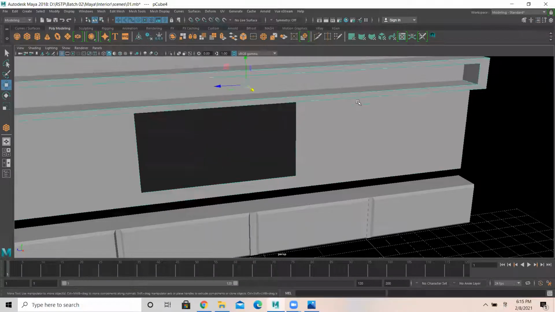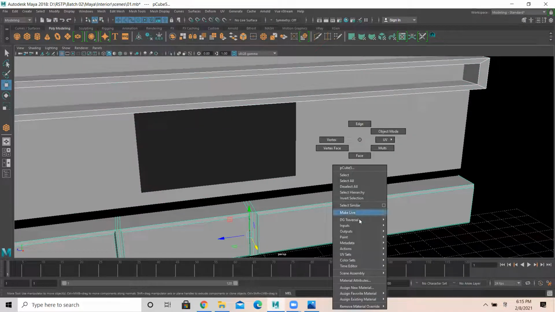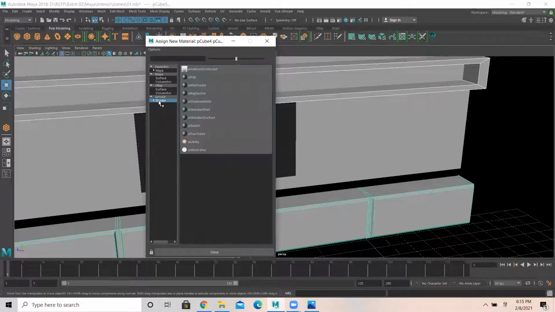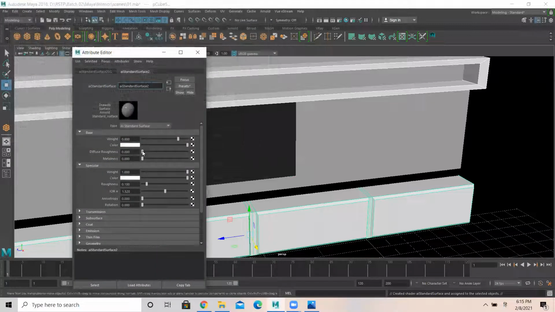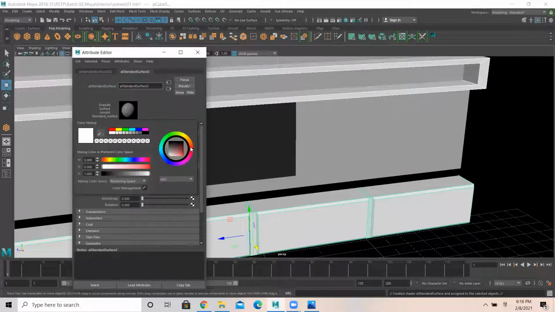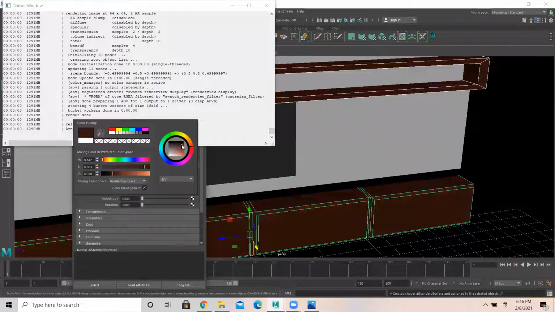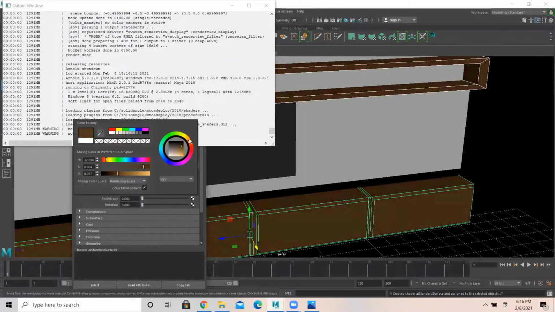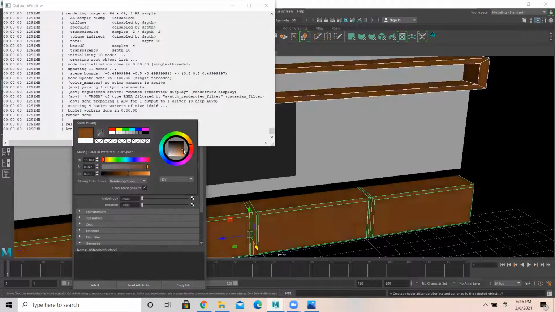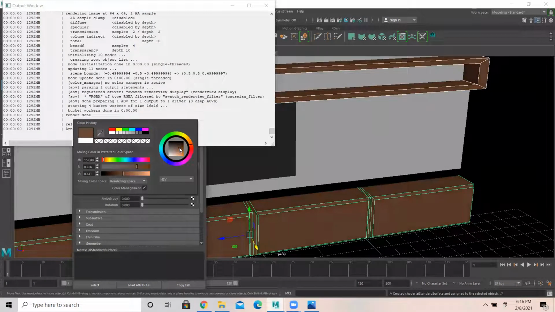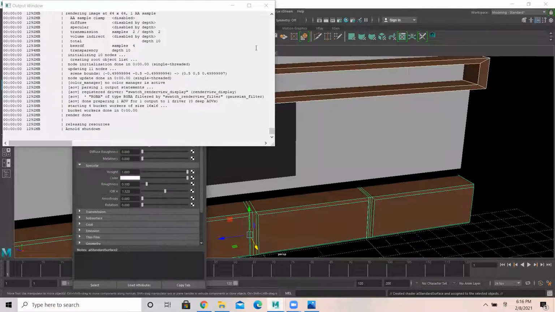Then for this and this, again, I'll apply new material. This is again Arnold shader, Arnold standard surface. I want brown. Okay.